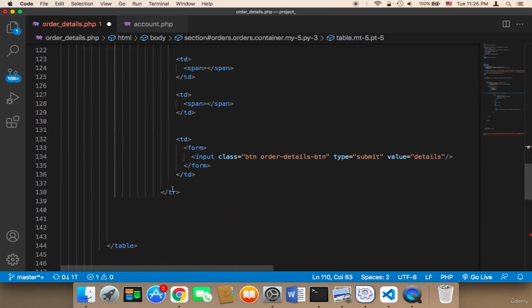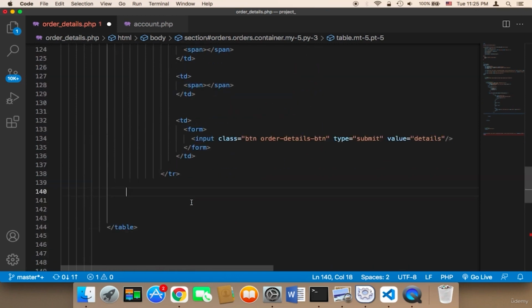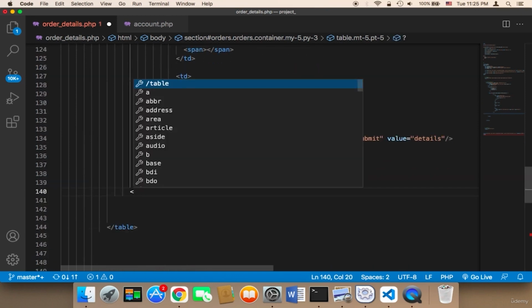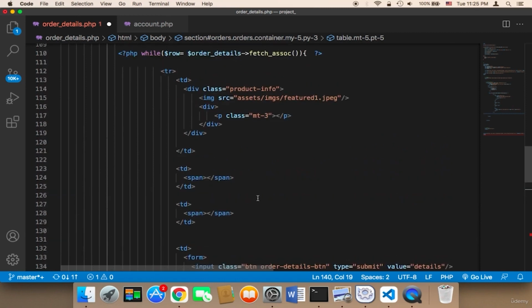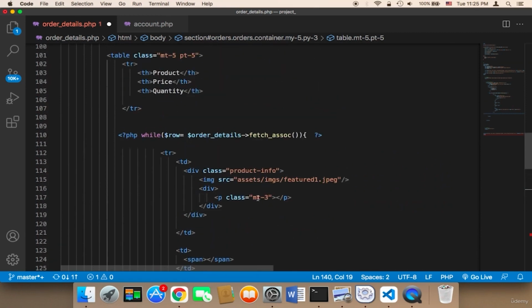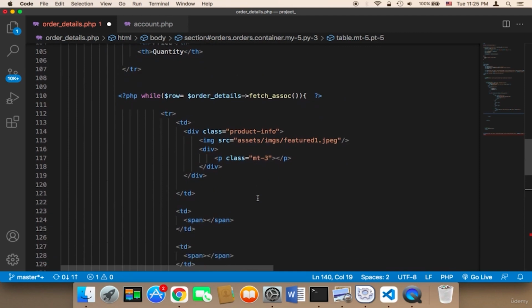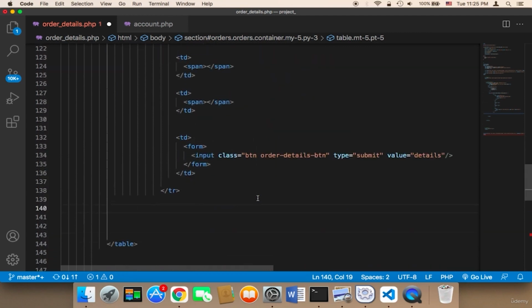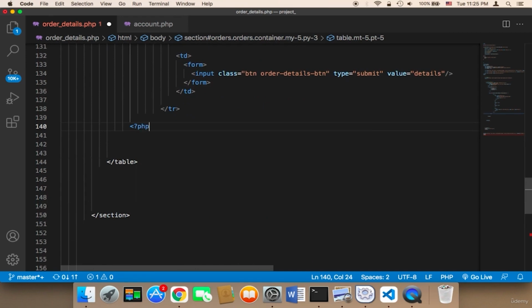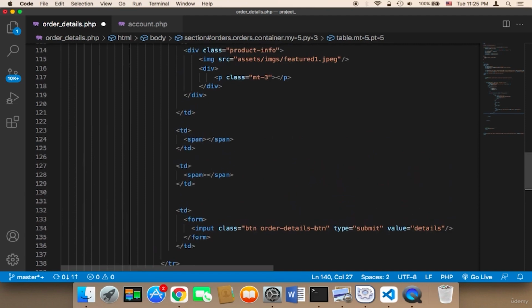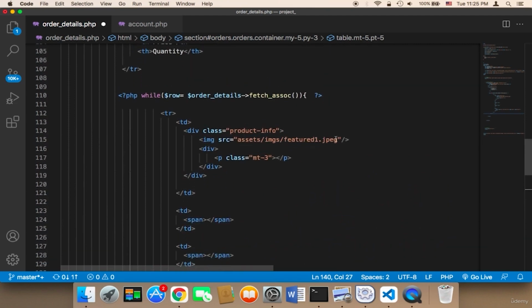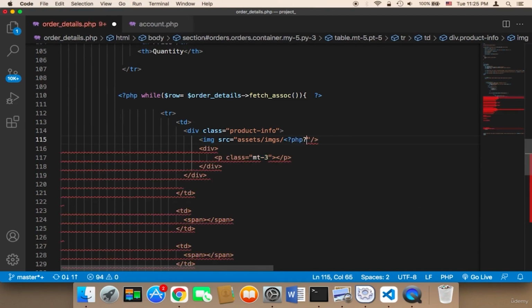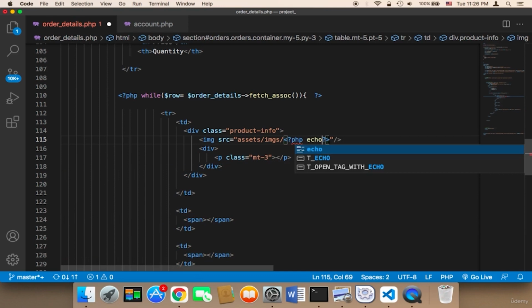And then at the bottom here we need to close this. Actually below this, here we need to close the PHP. We need to say PHP, and then we need to close the curly bracket. And in between we need to display the image. Remember, we need here to display the image, so I'm gonna remove this, and then I'm gonna say PHP and then echo raw,